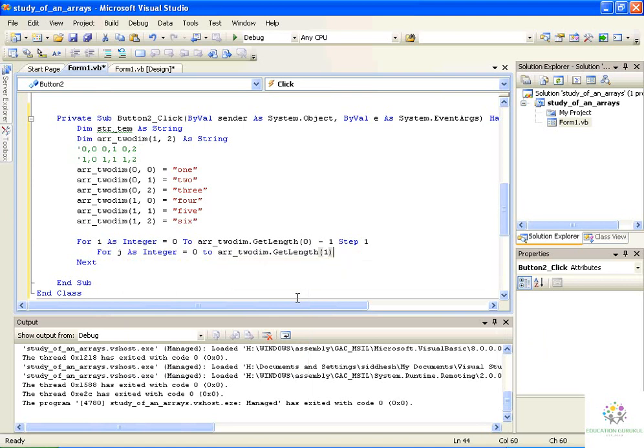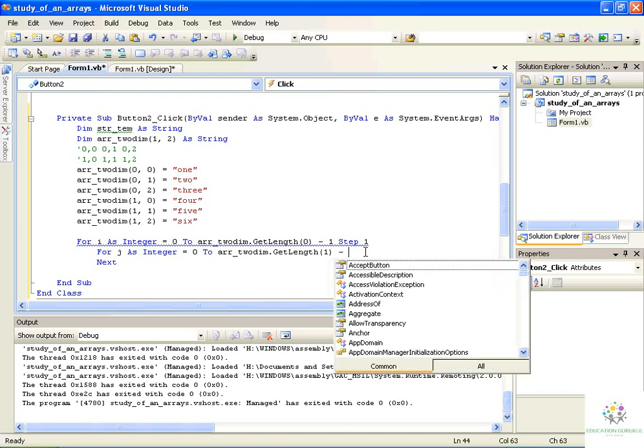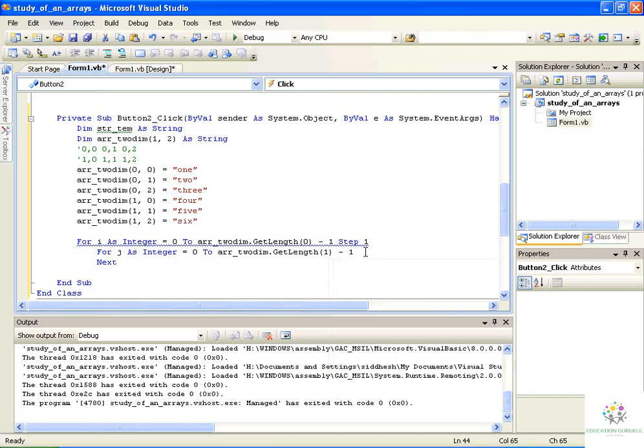Okay, so this one will represent this too. So it should go from 0 to 2. So let's have -1, so it will work fine. Step 1. Now let's go and